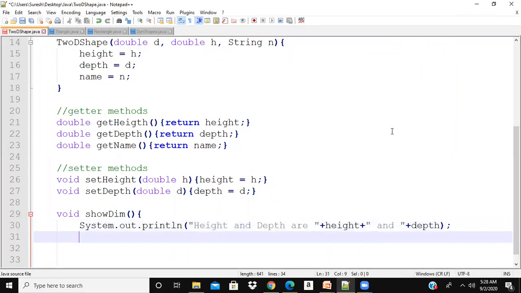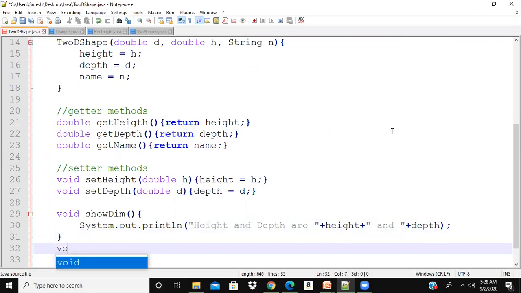Okay, then I'm closing this, and the last method, void area,